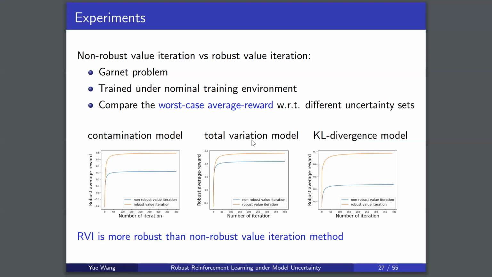Yeah, because in our approach we are considering the conservative case, but we can solve this problem by designing the uncertainty set with a smaller radius. So recall the radius defines the size of our uncertainty set. If the radius is small, it means that we are more confident of this nominal transition kernel, and the worst case will become slightly better. So if the uncertainty set is small, we can avoid this over-conservative policy, and hence solve the issue you just mentioned.